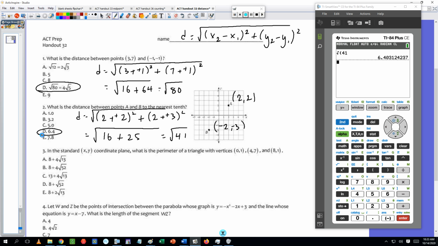In the standard XY coordinate plane, what is the perimeter? To do this problem, you'll need to find 3 distances. So we'll find the distance, first of all, between these first two. Perimeter is the sum of your sides. So 0 take away 4, 1 take away 7,